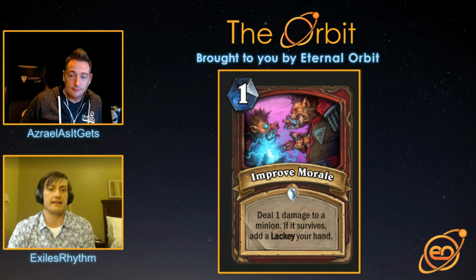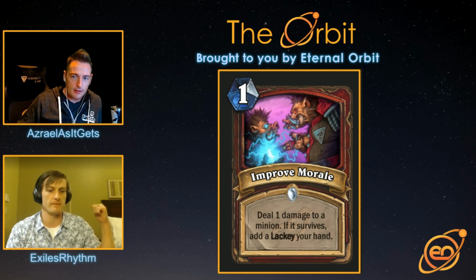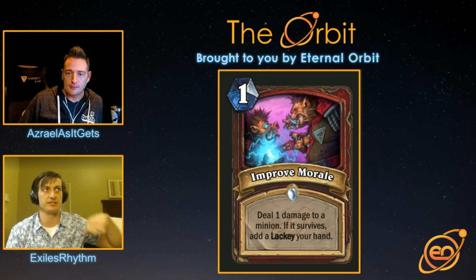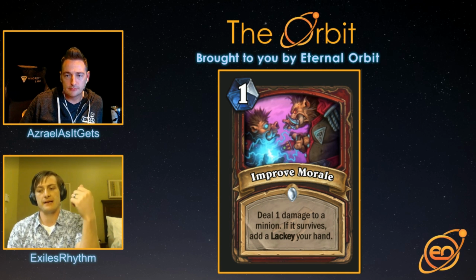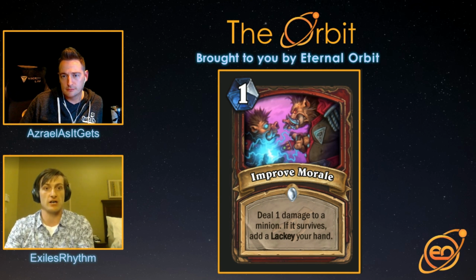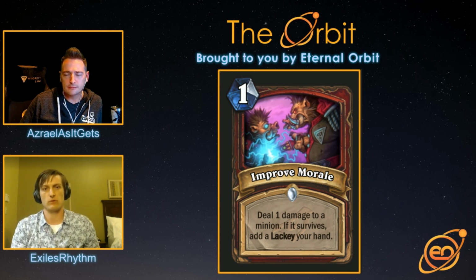Because I think Inner Rage is a fair card to compare it to, because Blood to Ichor is just better than this card. Blood to Ichor is an old 1 mana spell: deal 1 damage to a minion, if it survives summon a 1/2 with Taunt. Yes. And then Inner Rage is a 0 mana card that says deal 1 damage to a minion, give it +2 attack. I think those 3 cards are similar enough to talk about and compare with each other,